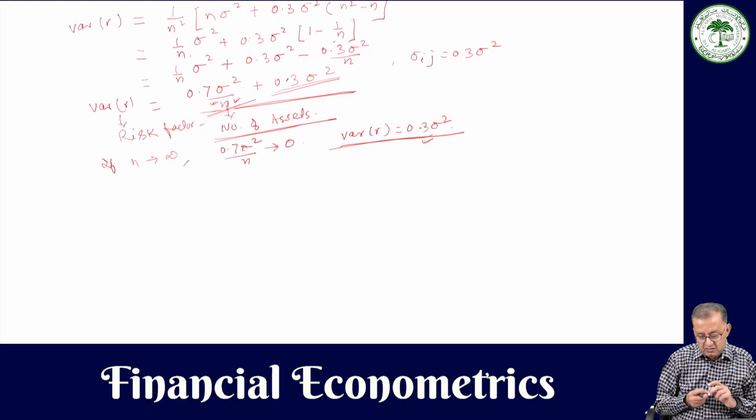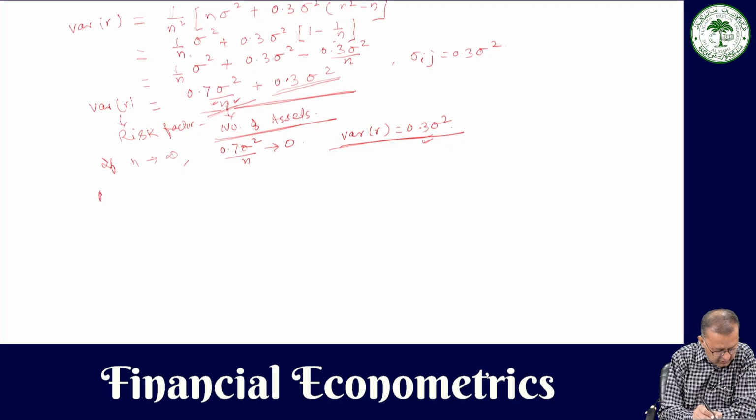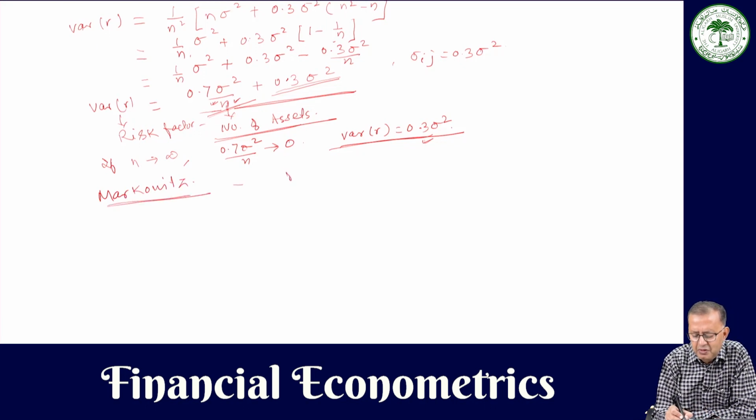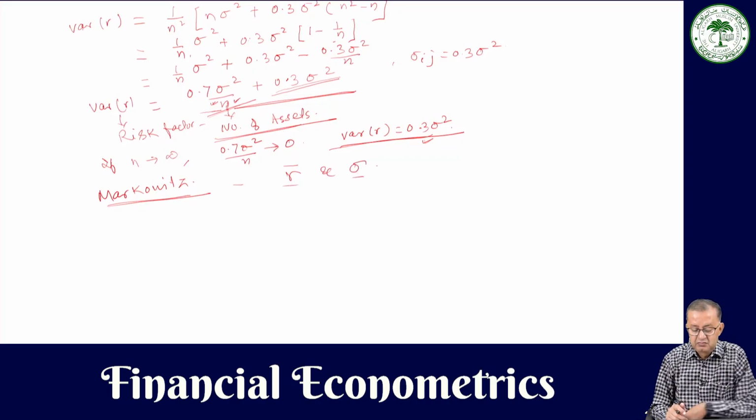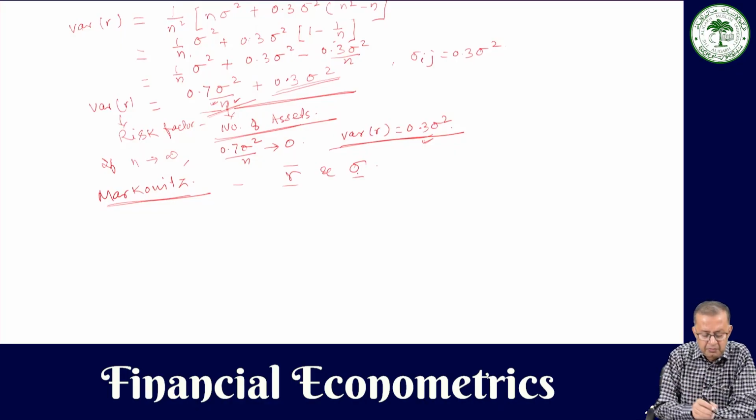And it is on the basis of this that when decisions are being made, a theory was developed by Markowitz, and he tried to show the relationship between mean rate of return and standard deviation. Mean rate of return and the standard deviation. This relationship he tried to establish. So this we can also understand with the help of a diagram